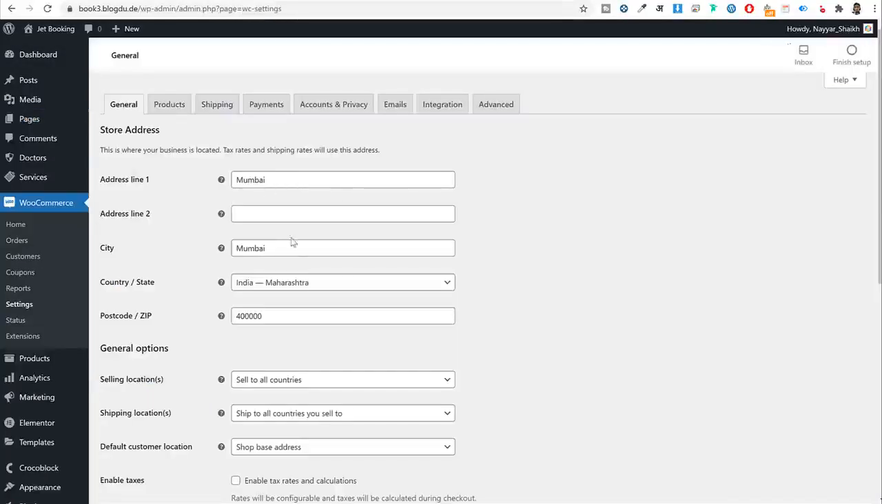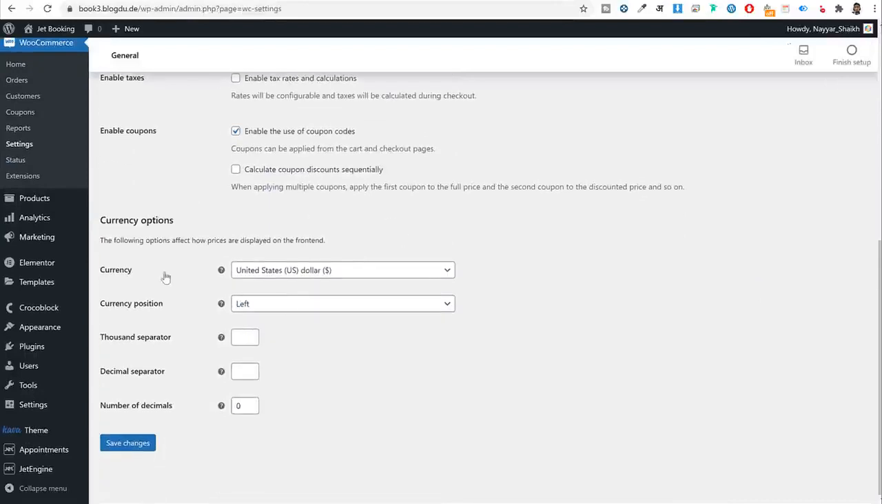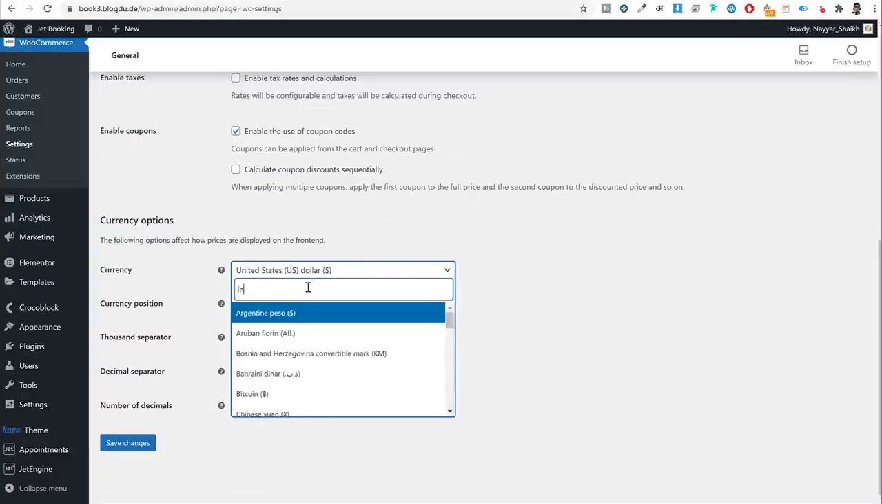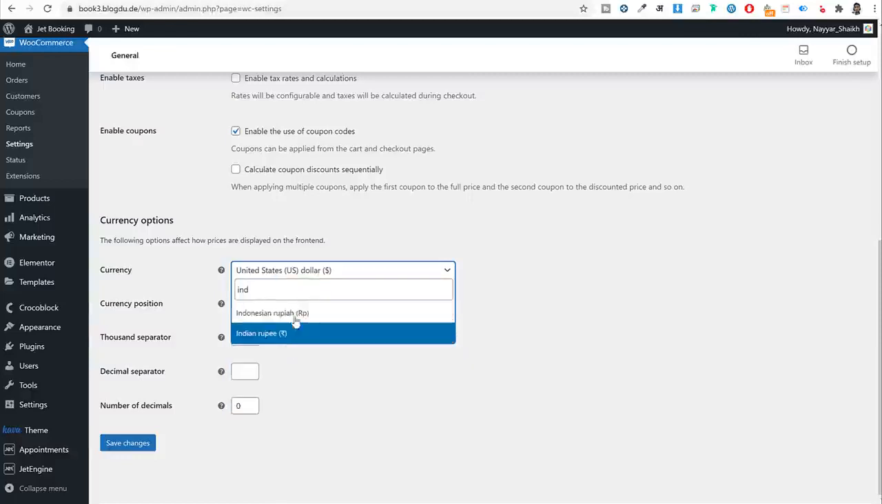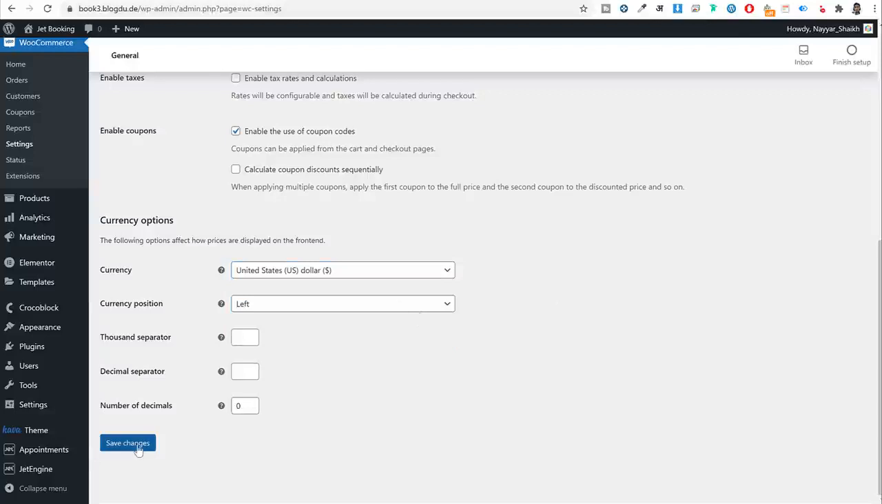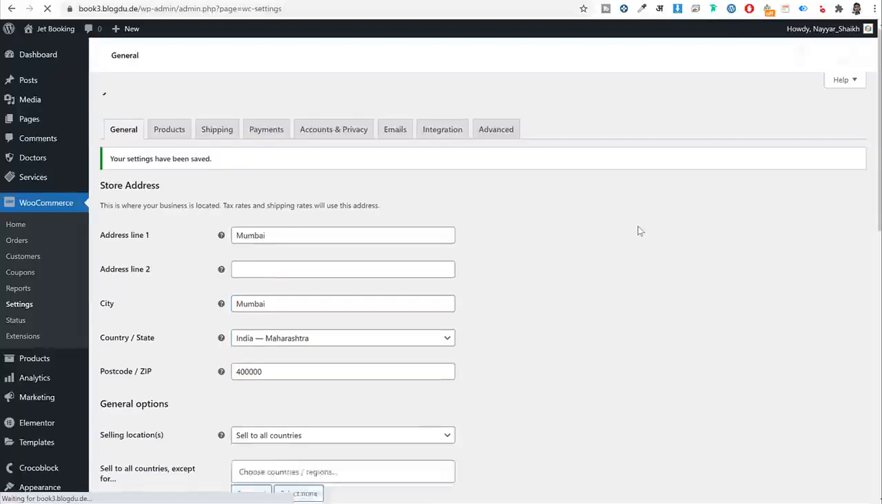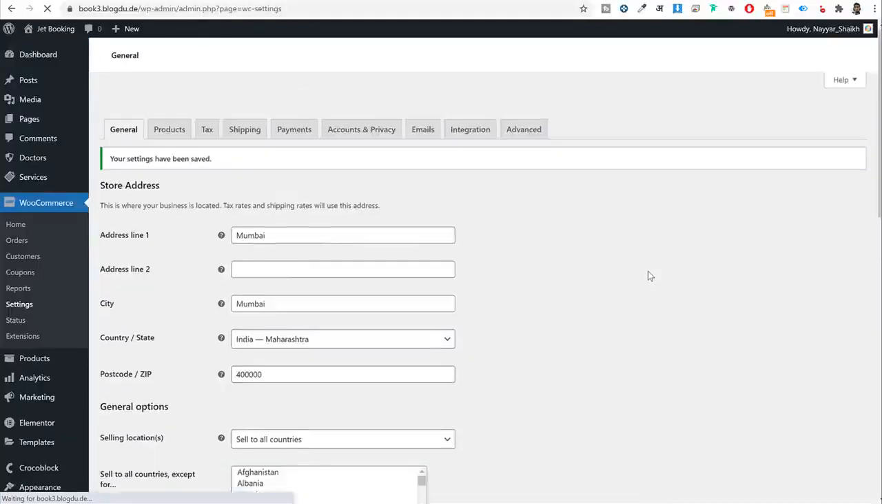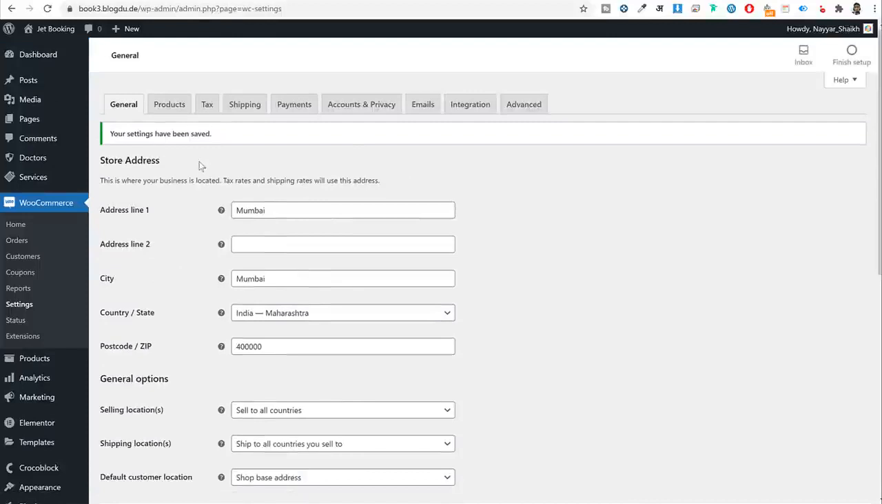Now we have entered the address and all. You can go ahead and change the currency. By default, it is US dollar. If you want maybe Indian rupee, you can search for Indian rupee. As you can see, Indonesian rupiah, whatever you want, you can select that and click on save changes. Now, if you also want to enable taxes, you can tick this, enable taxes and calculation, and click on save changes. If you want to charge taxes on these appointments, once you enable taxes,